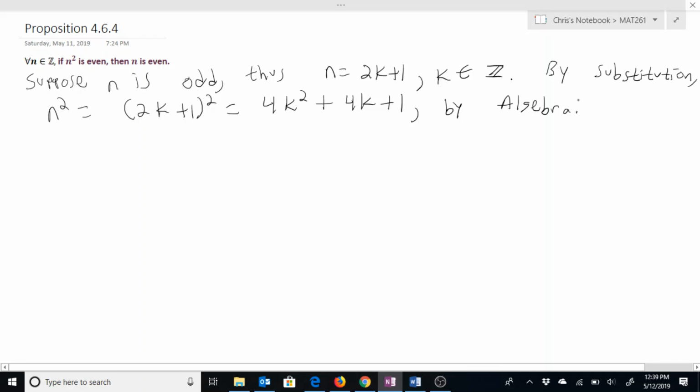So now we could factor a little bit. Which would mean that this implies